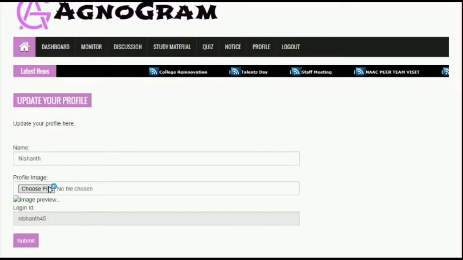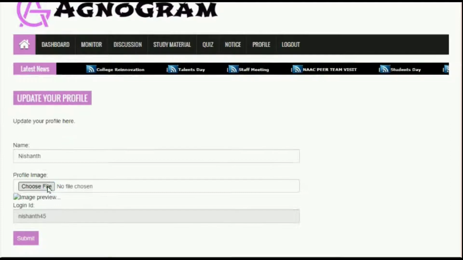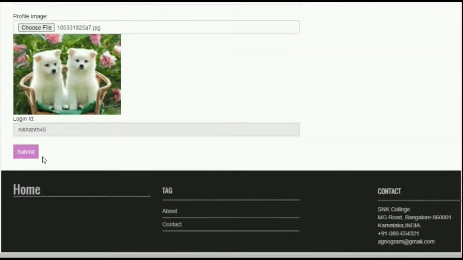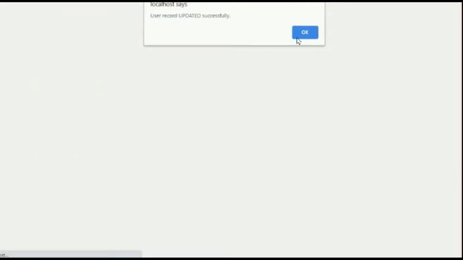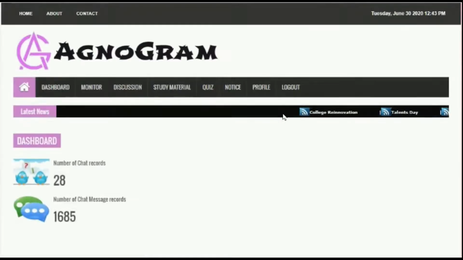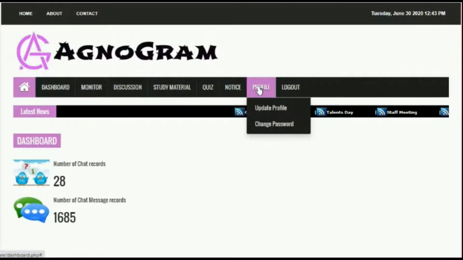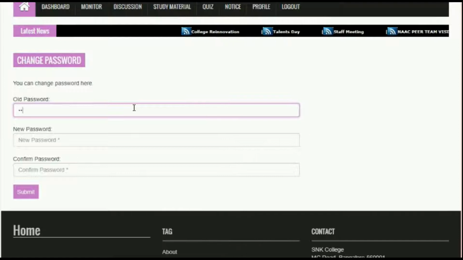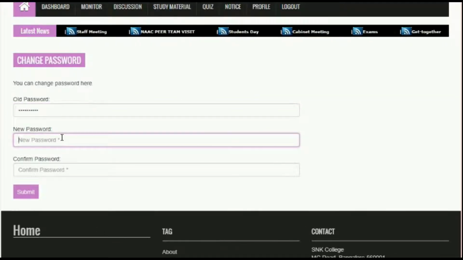Staff can update their profile and can add their profile image, but they cannot change their login ID. Staff can also change their password by entering the old password, new password and confirm password.